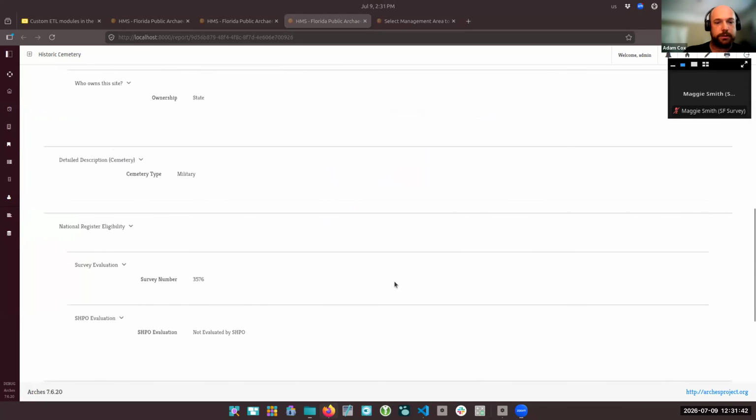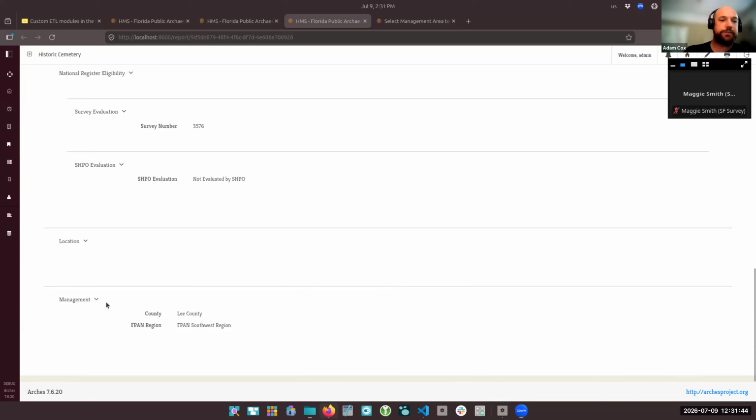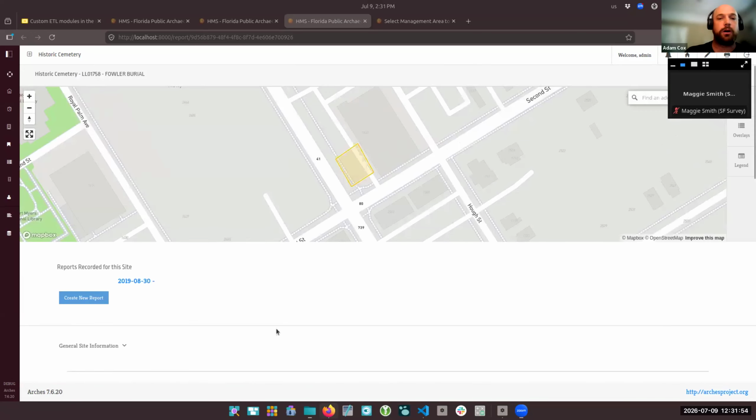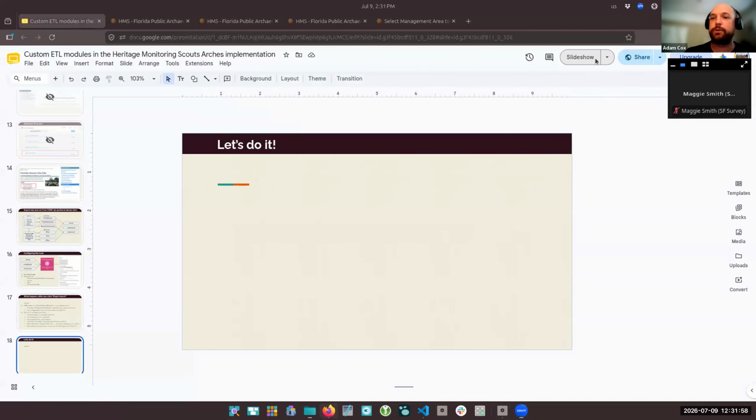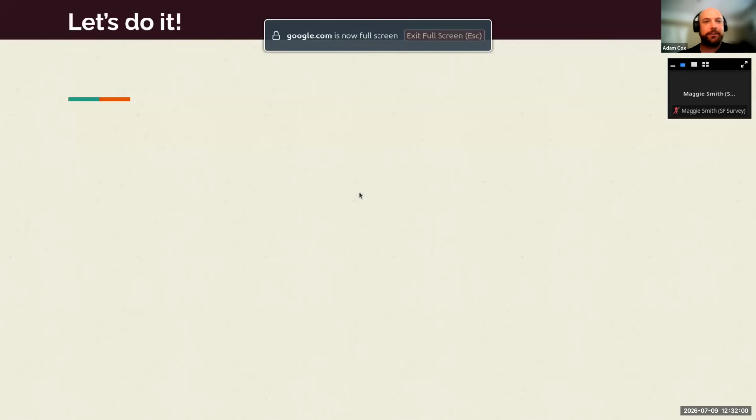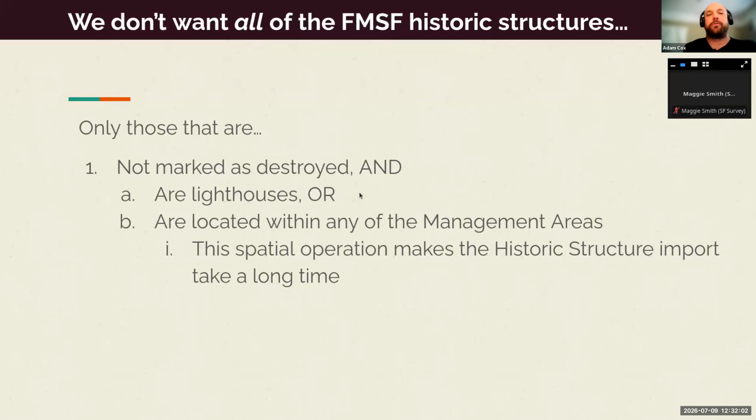Fowler burial, etc. If this were in a state park, the spatial join would have added the state park name and a couple other pieces of information under this management tab. But yeah, so that's pretty much it. The only other detail I wanted to mention is that we have this extra set of filtering